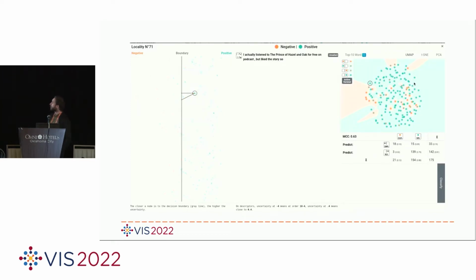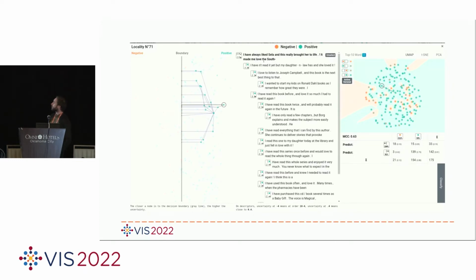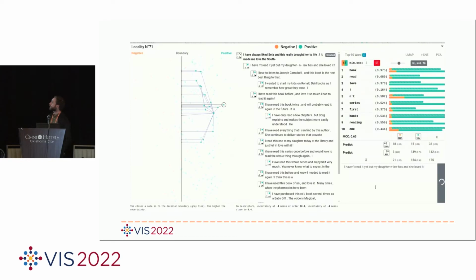In this example, you can see data elements which contain the rule just after the classification. So you can see data elements which contain text and the position of these data elements compared to the decision boundary. And here, for example, we modify slightly the selected text and we see that the uncertainty of the prediction is a little bit higher.